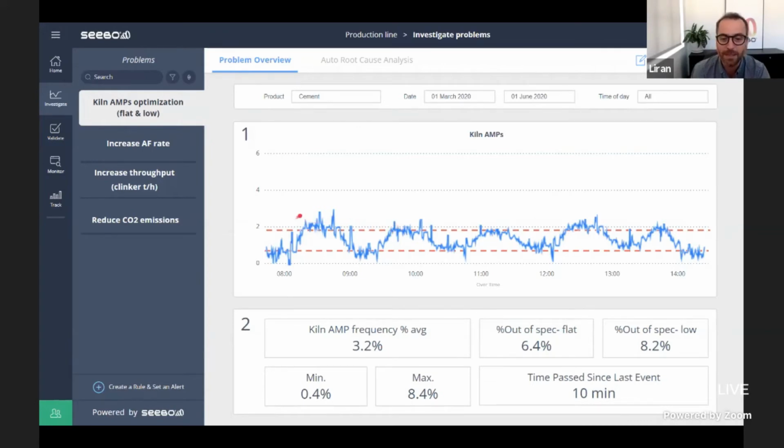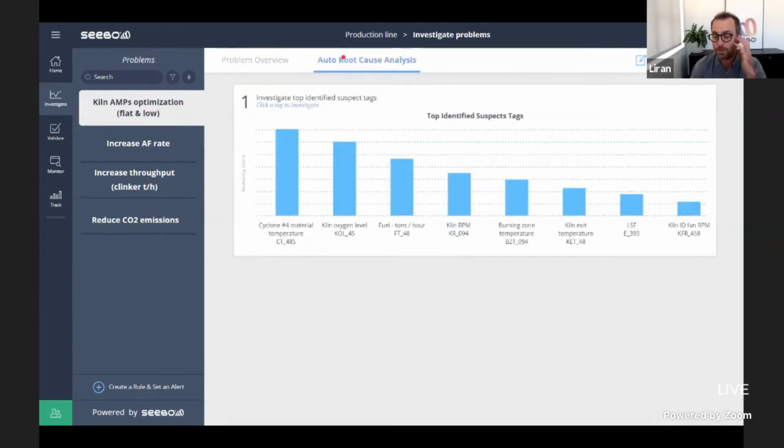And within the kiln amp optimization target, we can directly go to the automated root cause analysis. The plant has different optimization goals: increasing the alternative fuel rates, increasing the throughput, or reducing CO2 emission. Each one of those problems will get a problem card. And once we go to the automated root cause analysis, the algorithm is taking data from alternative fuels, from raw material, and from process, and is coming back to you, the manufacturer, automatically,